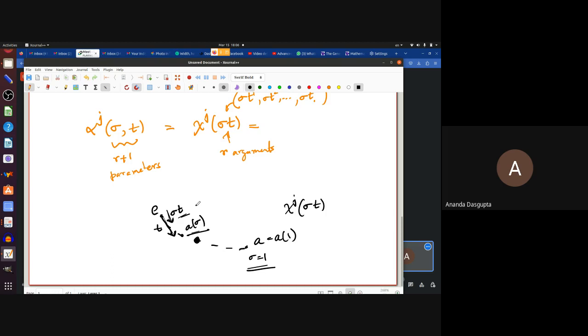Now, notation. I'm going to say that chi j of t is equal to alpha j, which we said is equivalent to Tj, the tangent vector components, becoming zeta j of alpha. That is, these two are essentially the same thing. I will introduce a notation for this. I will say A, this point which this particular one parameter subgroup reaches when sigma is 1, I will denote, and this is purely formal at this stage,